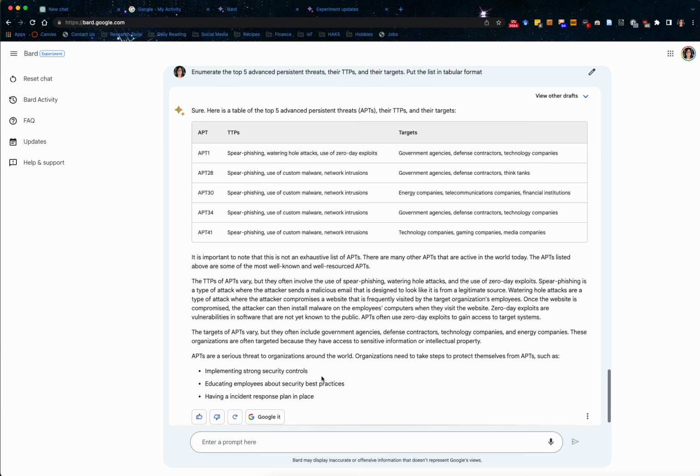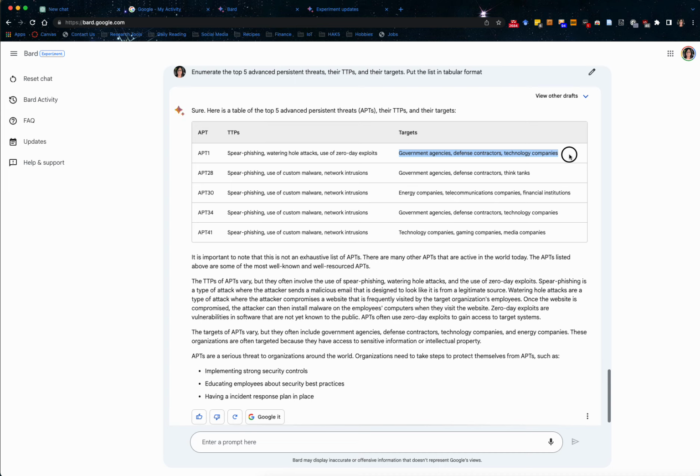And so let's see if this makes any sense. On the surface, it looks like it makes sense. They all put their TTPs as very similar. On the surface, it's not surprising. Spear phishing is certainly a valid way to gain entry or access into a victim network, but it breaks down